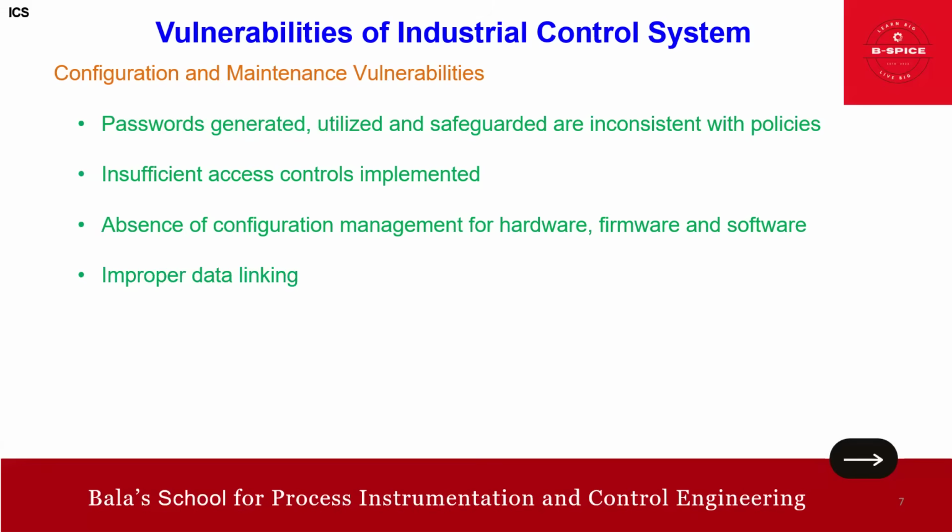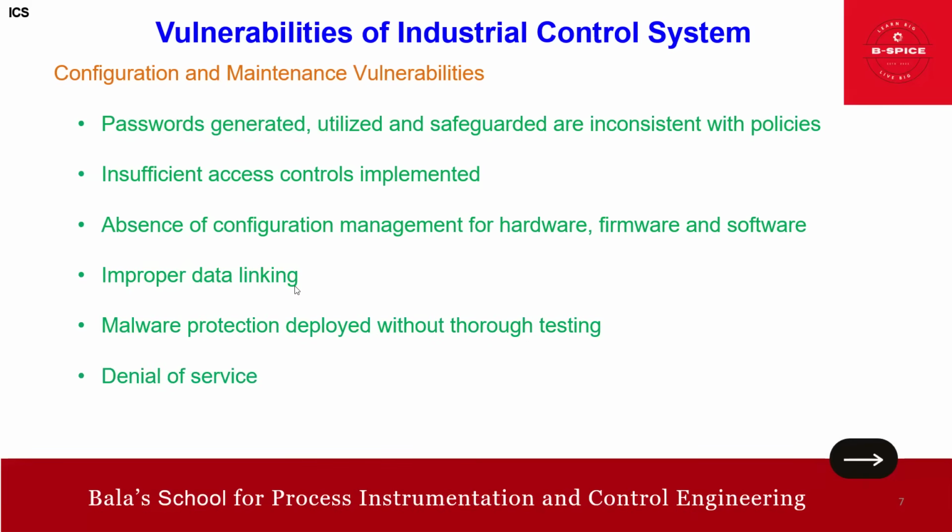Data storage systems within an ICS can be connected to non-ICS data sources, right? For example, one is a database link. Basically, it facilitates automatic replication of data from one database to another. However, incorrect configuration of data linkage can introduce vulnerability, potentially enabling unauthorized access or manipulation of data. So this is improper data linking.